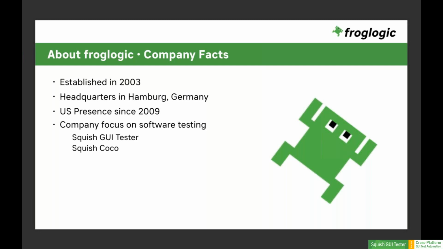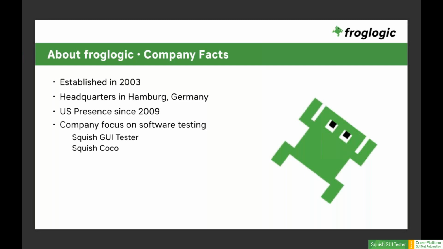We are a QA-focused company, so that means that we develop and distribute two main tools, which are Squish GUI Tester, which we talk about today, and Squish Coco, which I'd like to mention as well. Coco is a code coverage analysis tool which you can use to measure different metrics which might be required by safety standards, which are applicable to some industries like automotive or medical. So if you're interested in that, we also host webinars on Coco frequently,